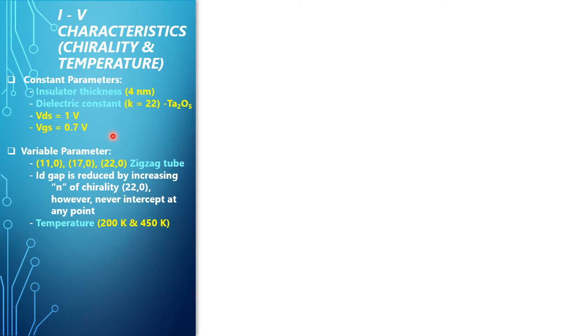However, I have a plan to look for other simulators in the future. Using those simulators, I will simulate these CNT FETs further, and the temperatures at 200 Kelvin and 400 Kelvin were used to check how these two CNT FETs